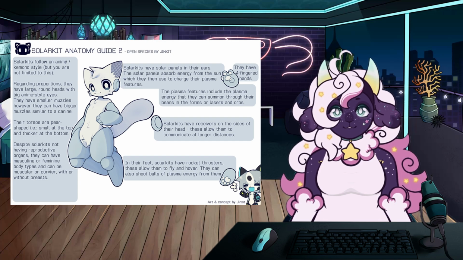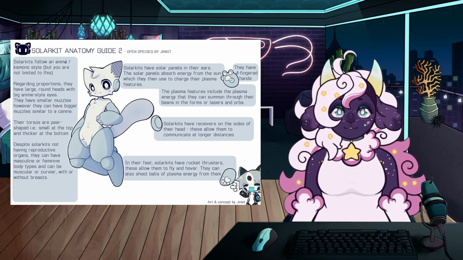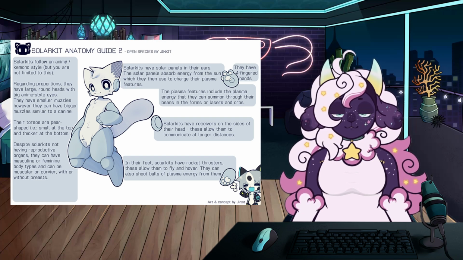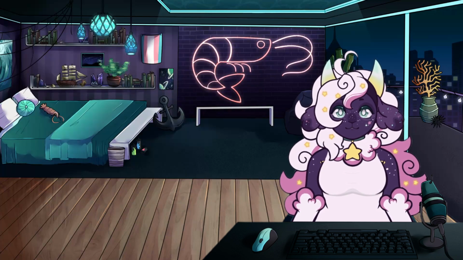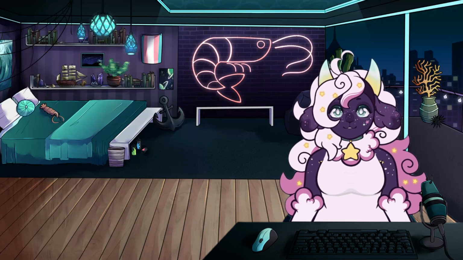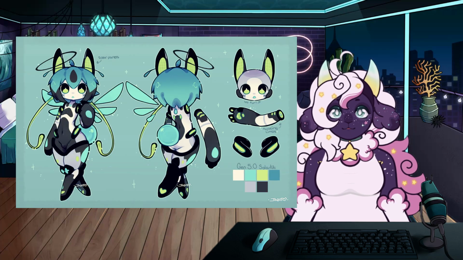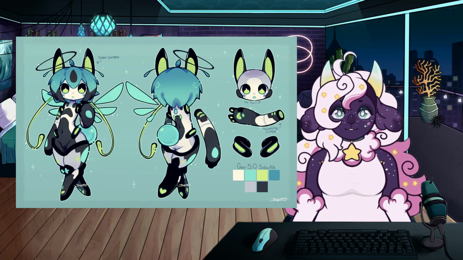Lastly is the style suggestions. It's recommended that they're drawn in a kimono art style, following the anime law of big eyes, small mouth, smaller than average muzzle profiles, and pear-shaped. Last rule is that they can't reproduce, but they can still have stereotypically feminine or masculine bodies by having curvier shapes or muscular masculine